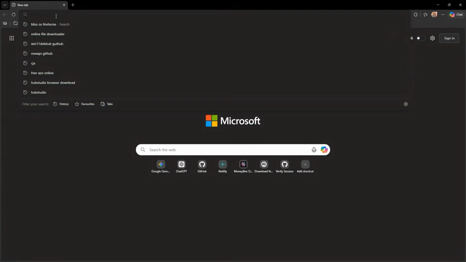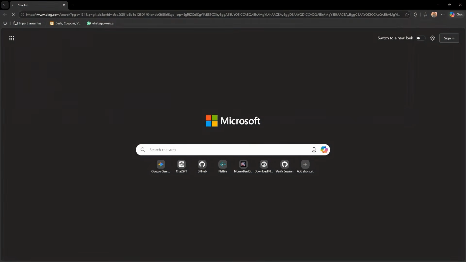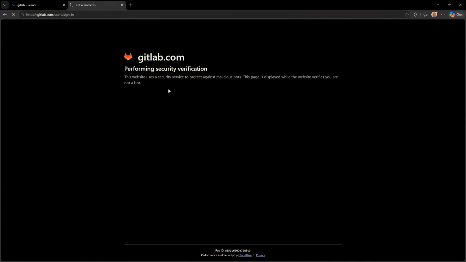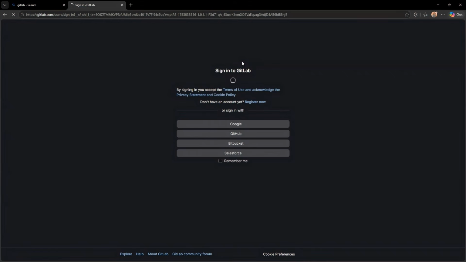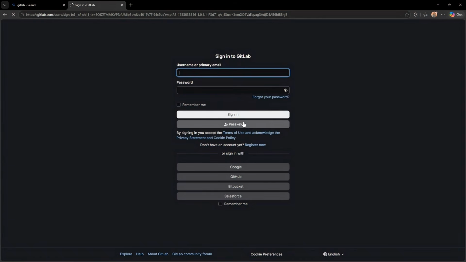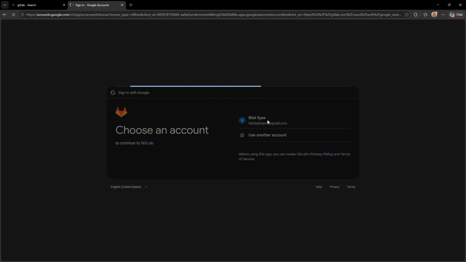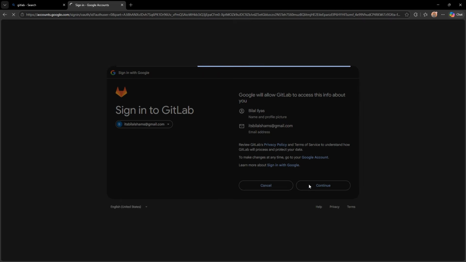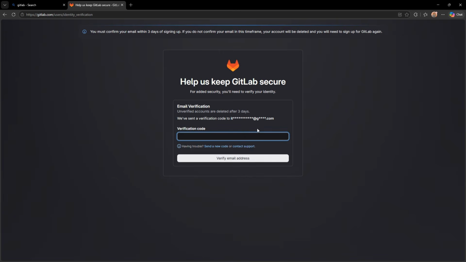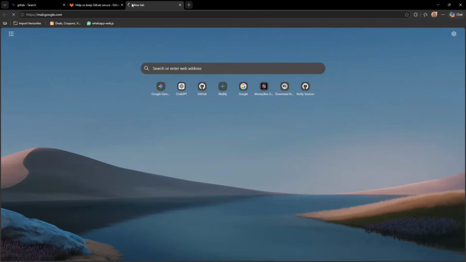To begin, open up your web browser and navigate to gitlab.com. Once you are on the homepage, click the button to sign up. I recommend using your existing Google account to make the registration process as seamless as possible. Once you click that, GitLab will immediately send a verification code directly to your email address. Open your inbox, copy that numerical verification code, paste it back into the GitLab verification page, and complete the basic